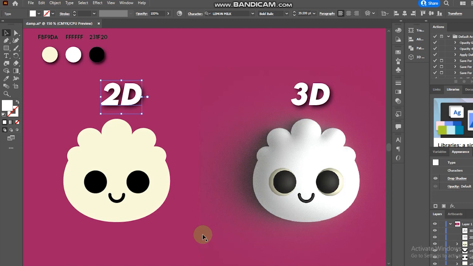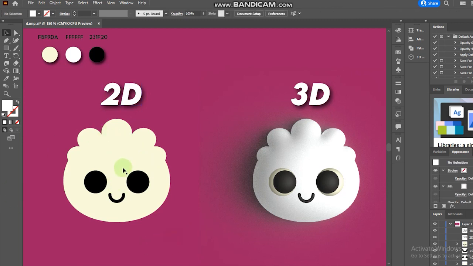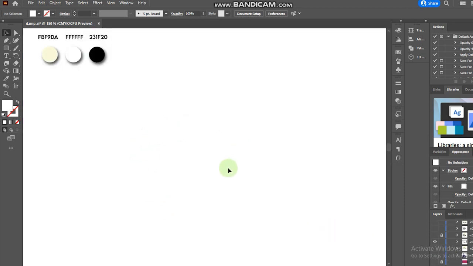Today I will be showing you how I turn this 2D into 3D version in Adobe Illustrator. In this tutorial, I will cover how I drew this from scratch, but feel free to skip the chapter where I start doing the 3D magic. So, let's go. First, in a blank canvas,